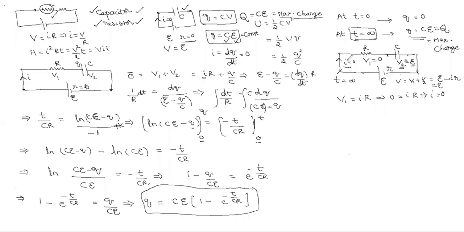Yes. So here at t is equal to infinity, we got V1 is equal to 0. So V2 is equal to E, that is, Q is maximum across the capacitor, and the current through the resistor is equal to 0. This type of model is actually very important for those of us who are preparing for Mains exams, Mains and Advanced. Which part? This part that I explained now.